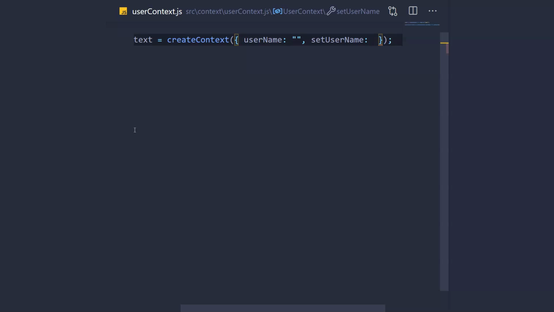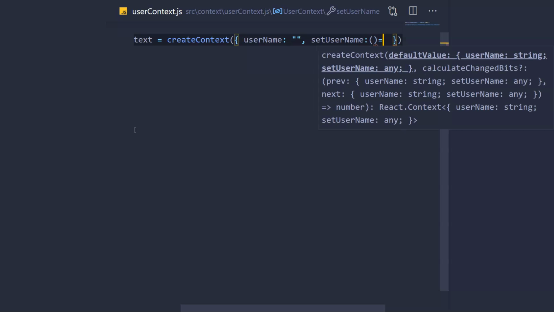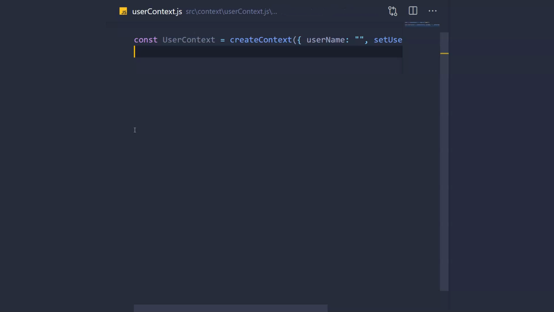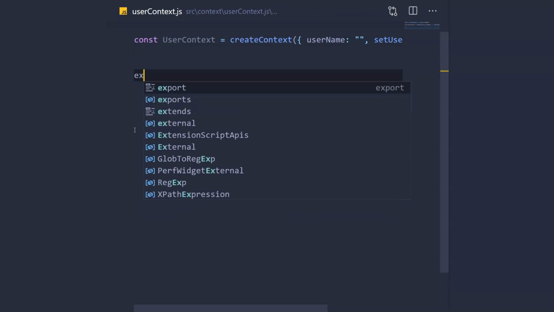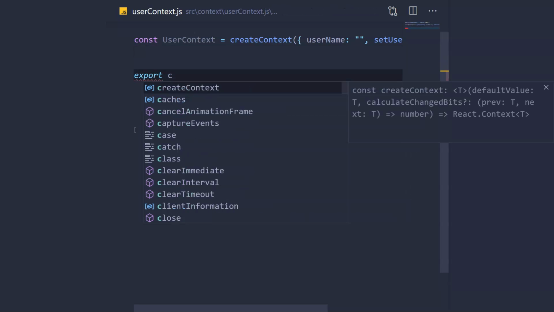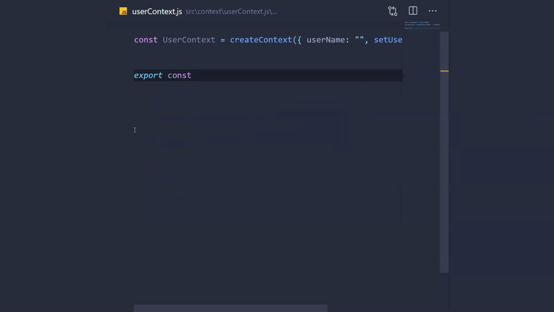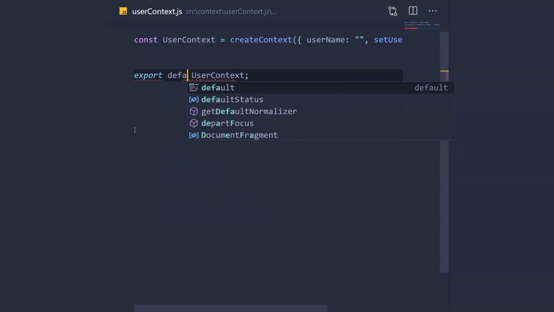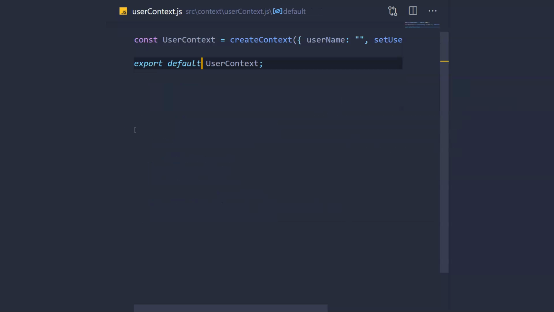Okay, this can be a function. Now we can export this user context, this can be a default export also. Now we have created a user context.